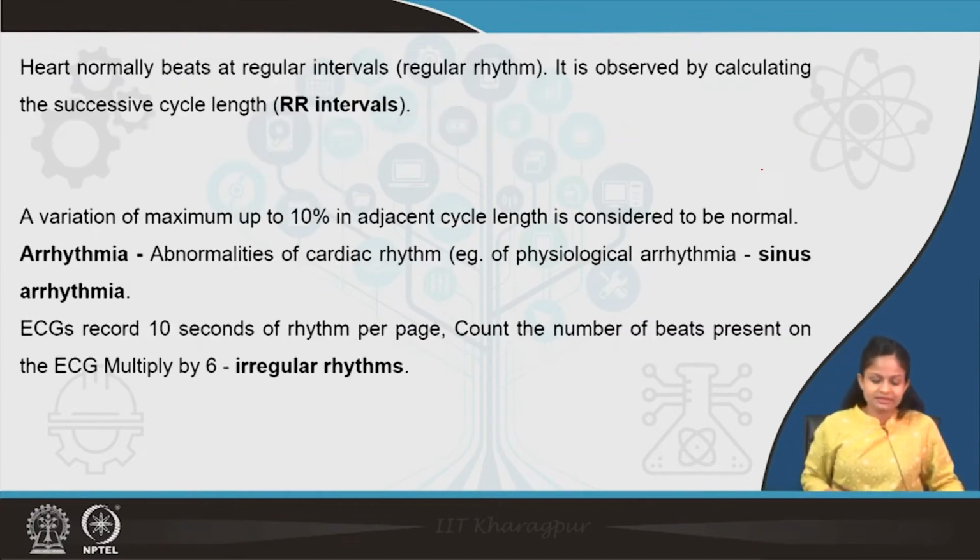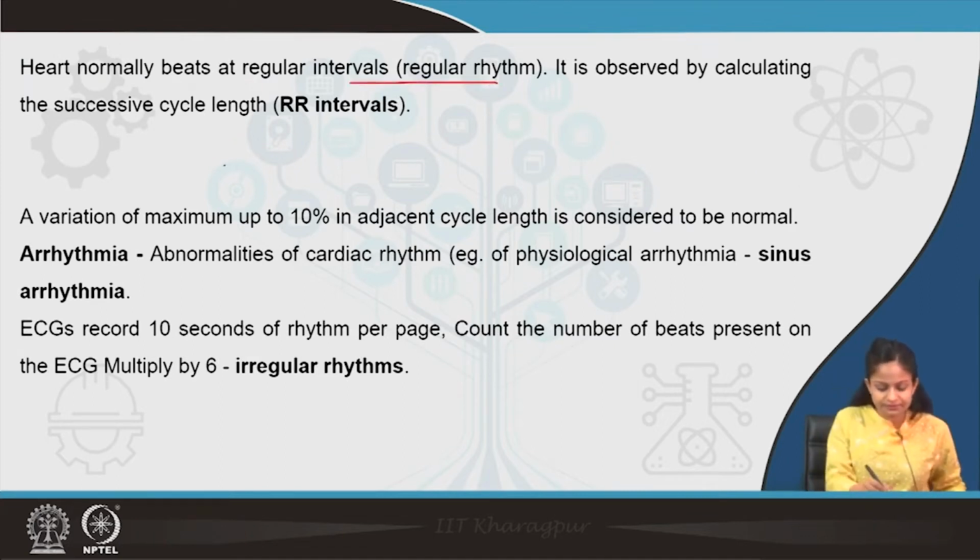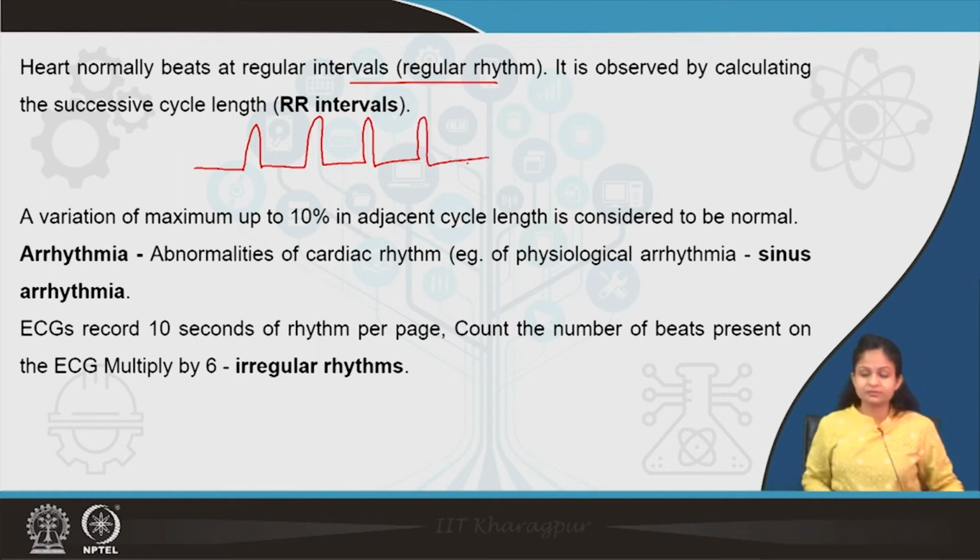Now, regular rhythm means the heart is beating at regular intervals. That is observed when we check the small boxes, or the duration or interval, between the two R waves. For each successive R wave, if the cycle length is similar, then we say the heart is beating at a regular rhythm or regular interval. Up to 10% variation in adjacent cycle length is acceptable and considered normal,